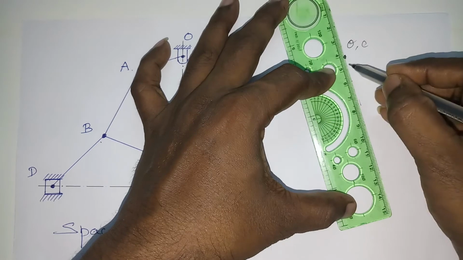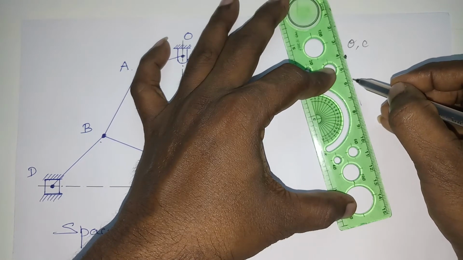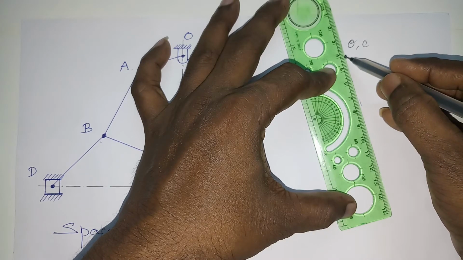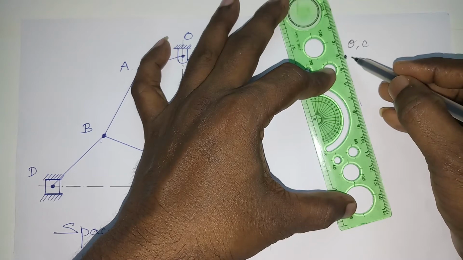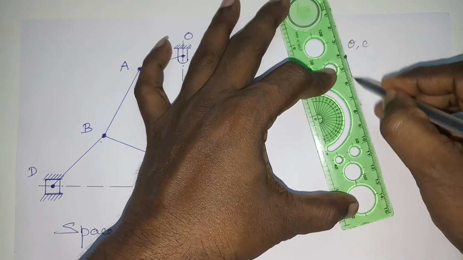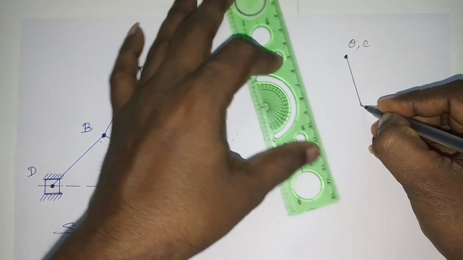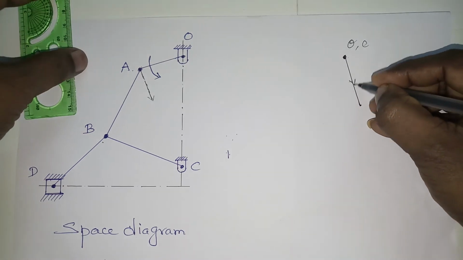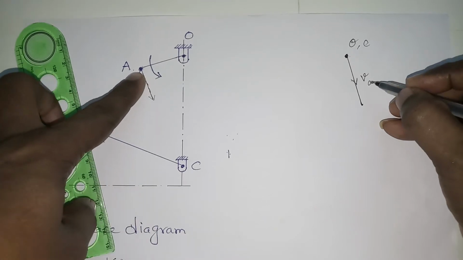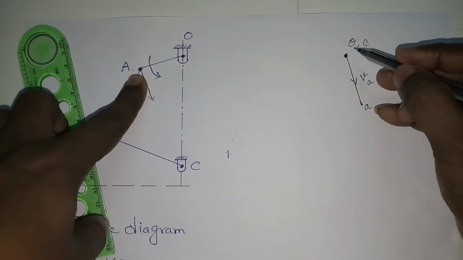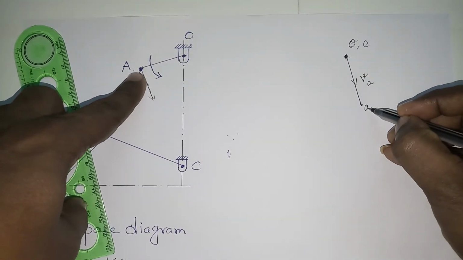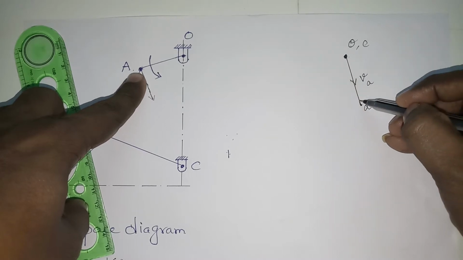Since it is too small, I am going to take it in terms of a 2:1 ratio, that is 3.4. 1, 2, 3, 3.4. So this velocity is acting downward. This is velocity A. This is the A point, so we have to locate the A point here. Already the O point is fixed here. So A is here, and this velocity denotes the velocity A.